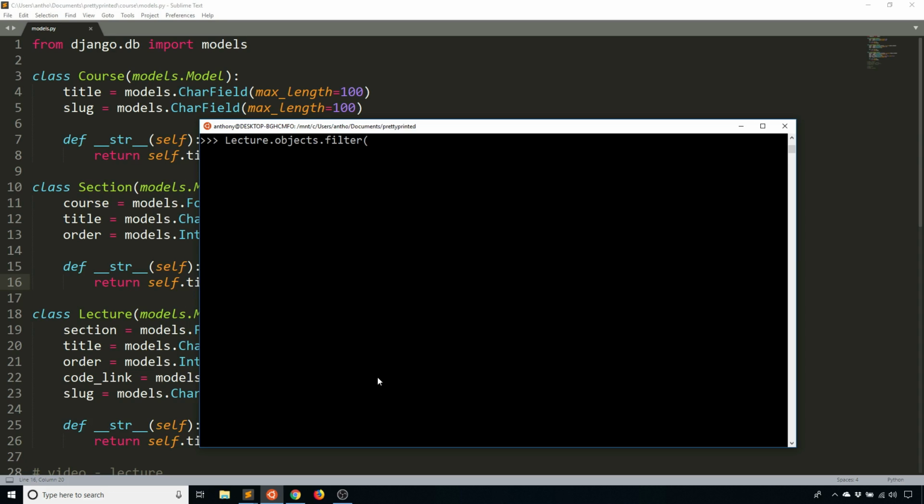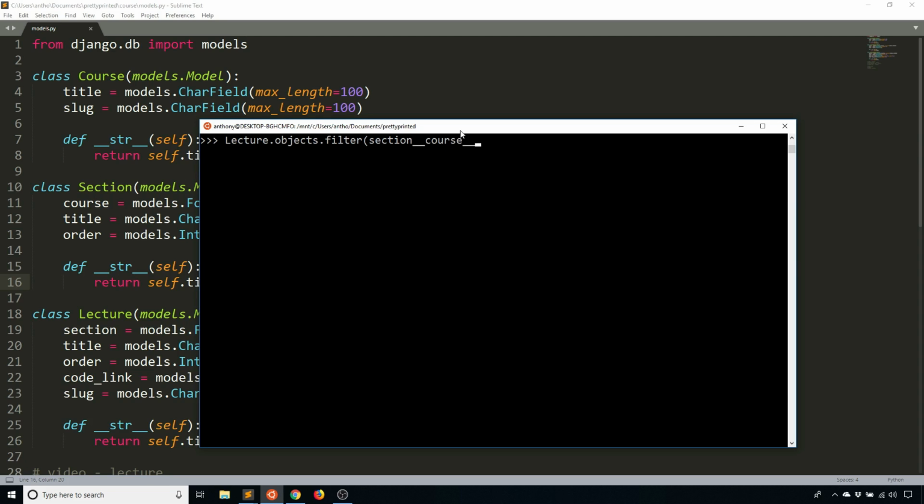So what I can do is, first, I know that each lecture is going to be part of some section. So I can type section. And since I have the section, I'll add the double underscores, which allows me to move on to the next model. And in this particular case, I'm now on the section model. So because I'm dealing with a section, now I can say something about a course that I'm interested in. So if I type course here, that is going to start from the section and then go to the courses